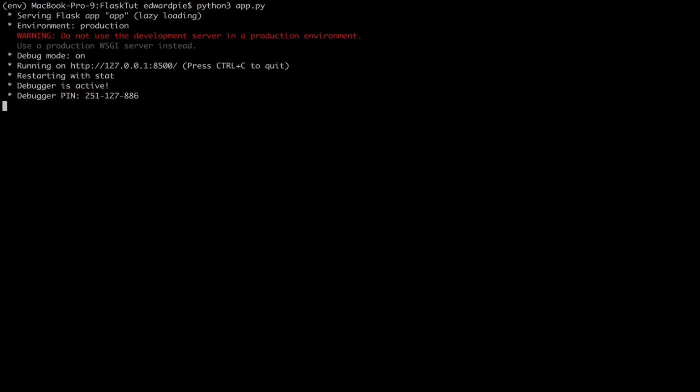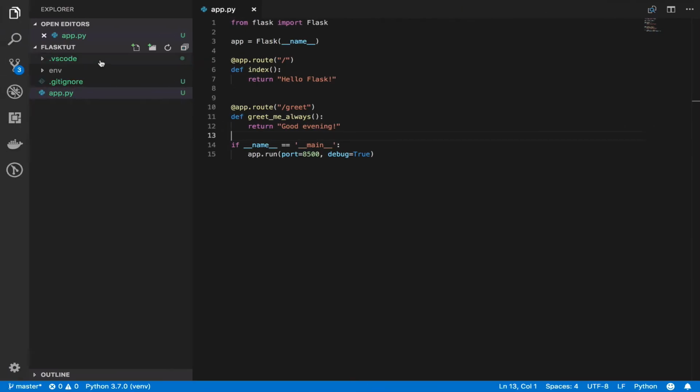And then once you see that it is now saying debug mode is on, what it means is that if there is any error, it's going to spit it out in the browser, and it can even give you access to the console. Let me put in some artificial error here,